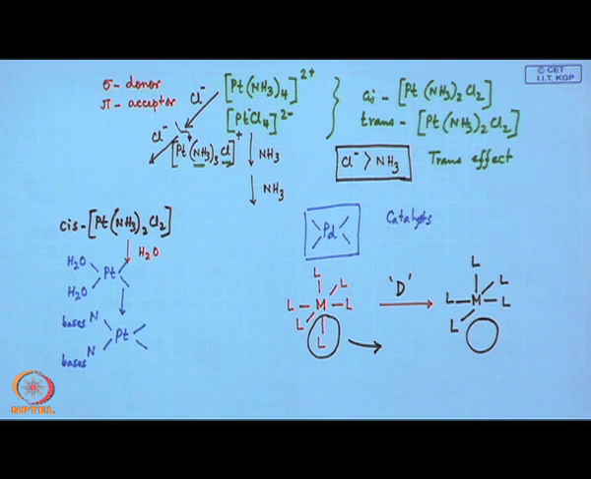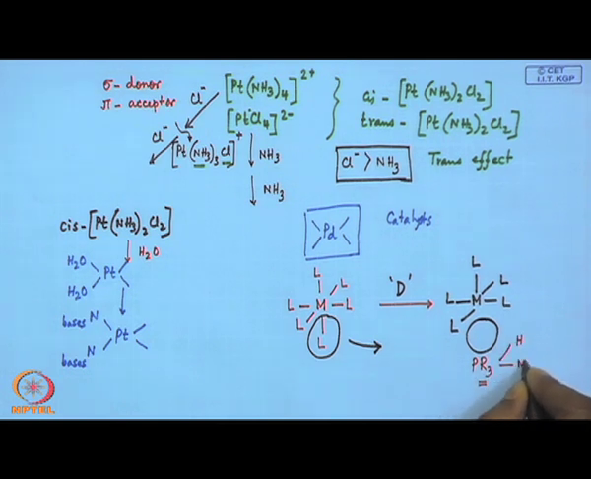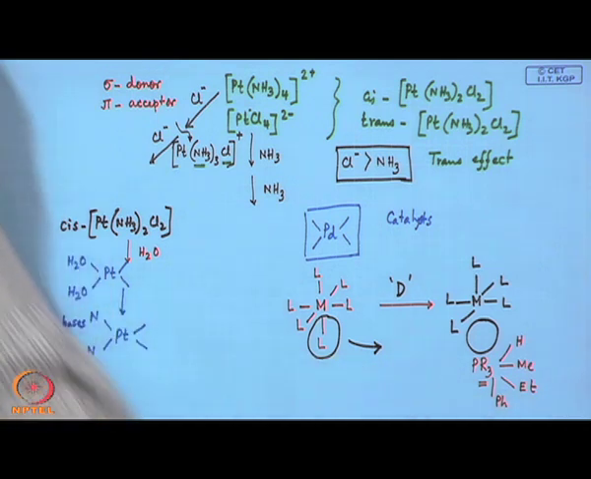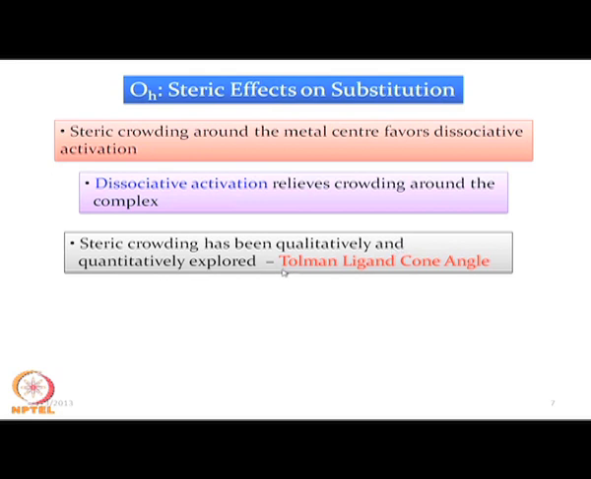So, these are some good phosphine ligands, where we can vary this R from hydrogen to methyl to ethyl to phenyl. We get triphenyl phosphine from phosphine. We can explore this with respect to the Tolman ligand cone angle. What is that? Tolman introduced that while doing his work in some company, that this is